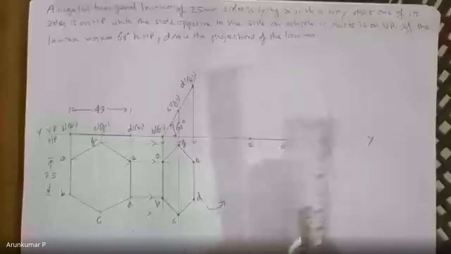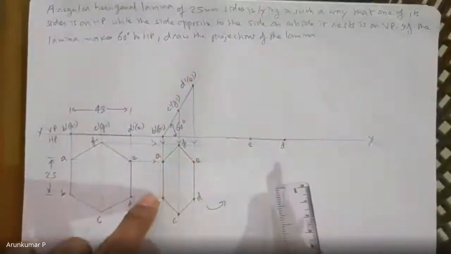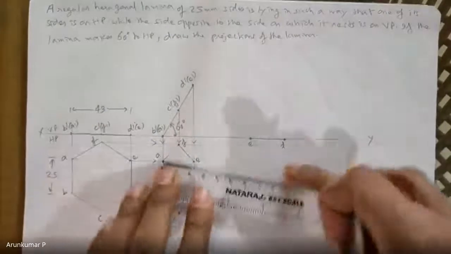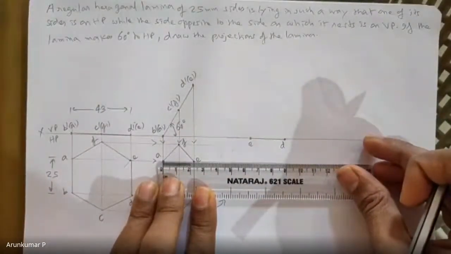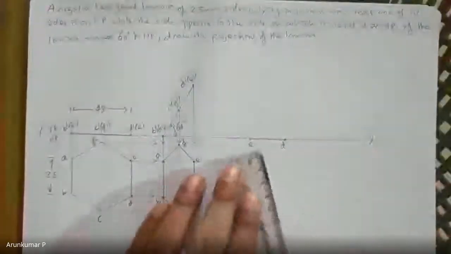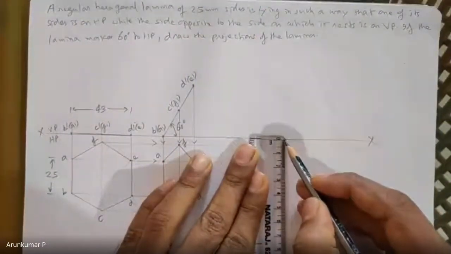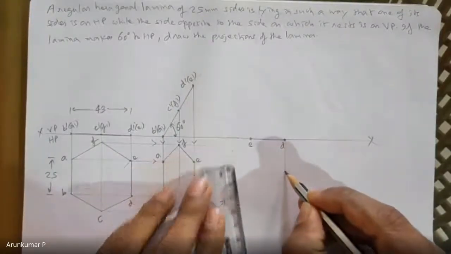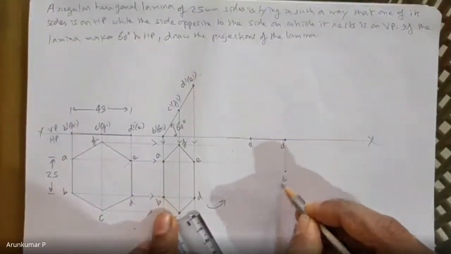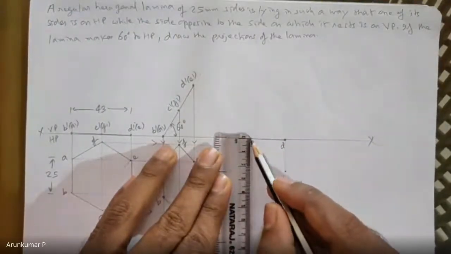For example, you want to locate A and B. We know that A and B are directly below E and D. So what you can do is measure this distance straight away. How much is this? Around 23 mm. So what you do is go 23 mm below. Just draw a light line, and 23 mm below this point you will get B. 23 mm below this point, it should be a perfectly vertical line. That you have to ensure.